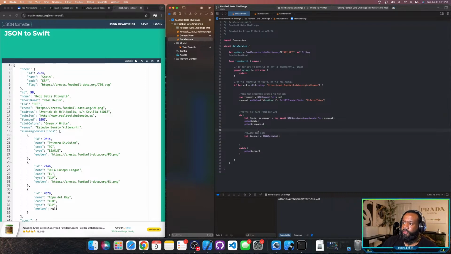And we're going to parse the JSON, put the result in a variable called result equal